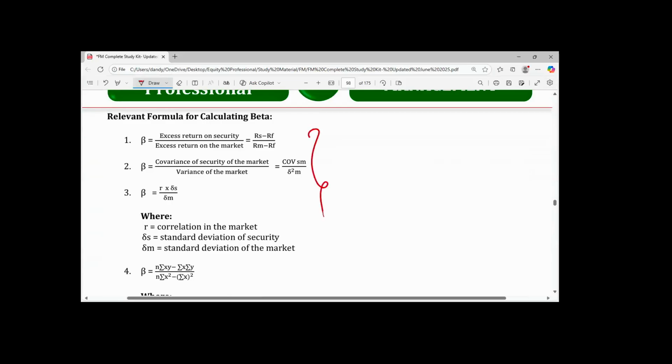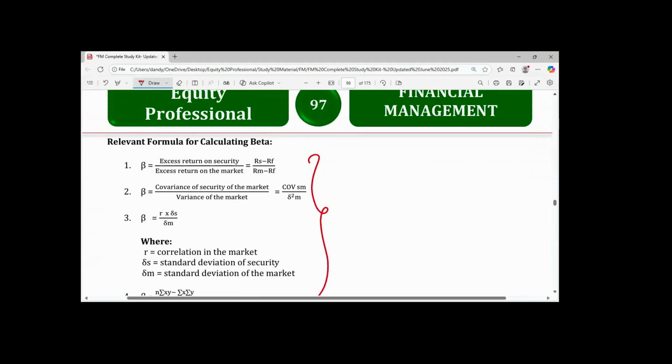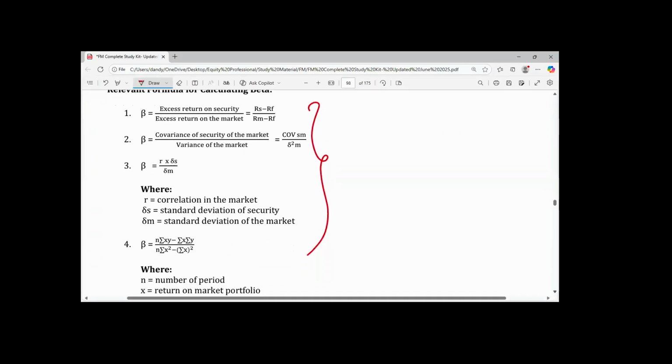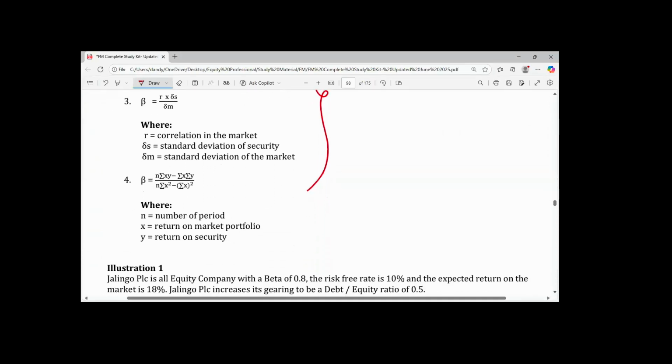You only have 4 formulas here, but I will show you 5 different formulas that you can use to calculate beta. Because on the day of your exam, where you are going to have challenge is how to estimate the beta value. Okay, because the beta value can be estimated in different ways depending on the information given in the